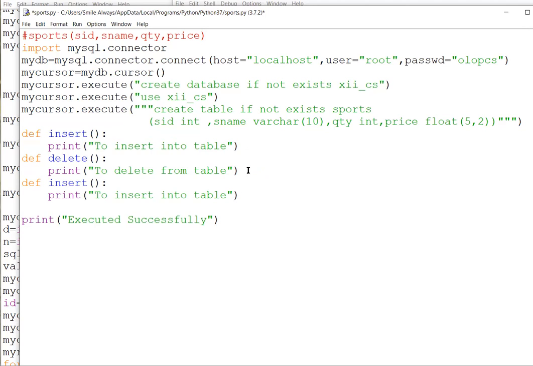For example, if it is related to your sports, you can have something like maintaining stock, meaning at the time of insertion, new stock, deletion of stock, something like that. So it's not compulsory that everybody is going to use these names because it will be according to your project. Insert, delete, then update.